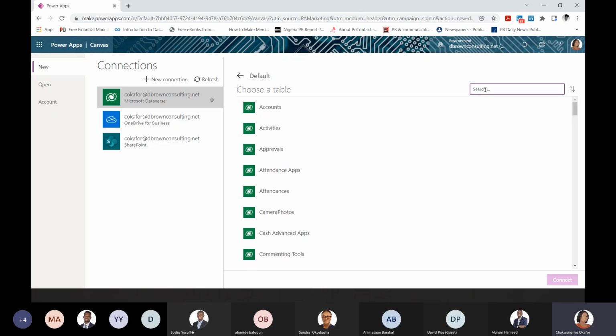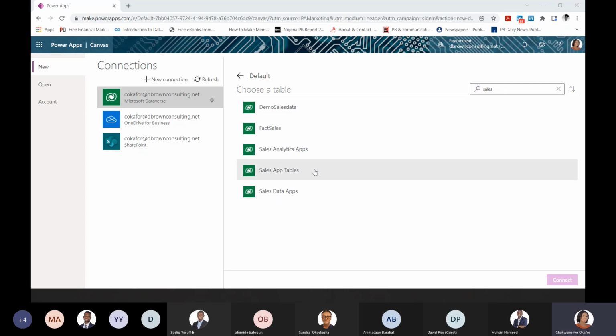So you can just go to your search bar here, and you just type the particular table you want to work on. So I'll just type sales, and see I have a lot of tables here. I have different tables, but the one I want to use is sales app table. So I'll just click on